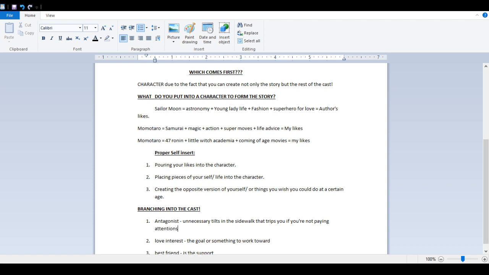And I promise you, this is the most accurate way I can put it. So you're trying to get to work, or you and the love interest are walking along the sidewalk, or you and your best friend walking along the sidewalk. Out of nowhere, you trip, you scrape your knee, or better yet, you break your arm. You don't know because it's unnecessary that the sidewalk is so crooked. But that's what the antagonist is sometimes. And also,